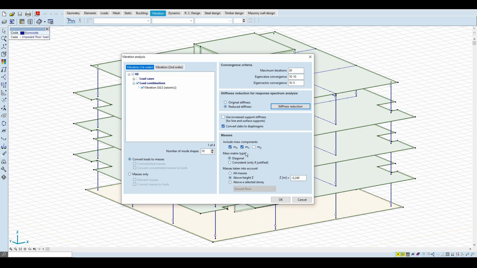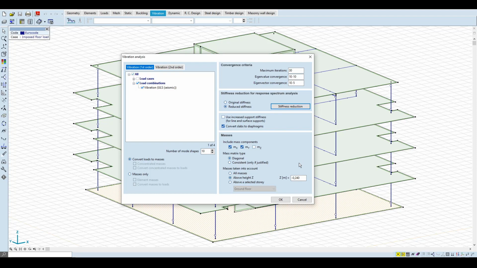One of the very useful features of the program is its ability to ignore masses below a certain height. This is really helpful typically for structure parts like base plates and other foundations in the ground, as these structural elements behave very rigidly, their mass cannot be moved, contributing little to each vibration mode. As a result, even with the consideration of hundreds of vibration modes, in some cases we cannot reach the 90% effective modal mass required by the standard.